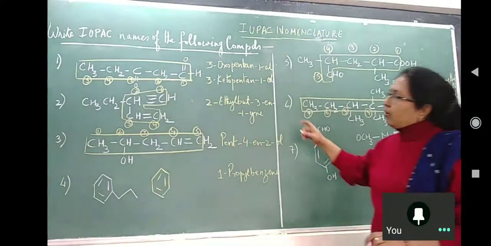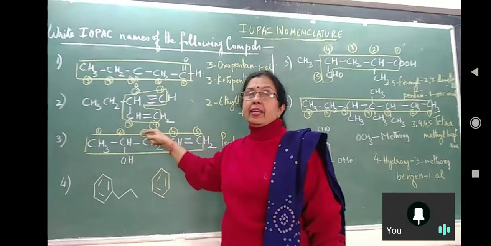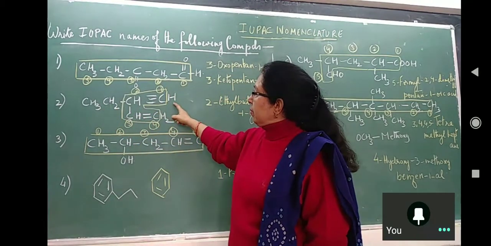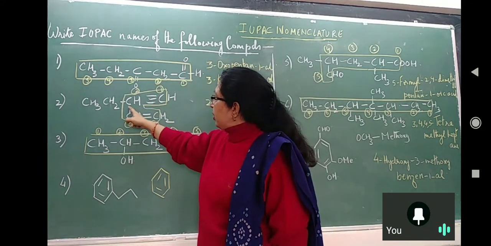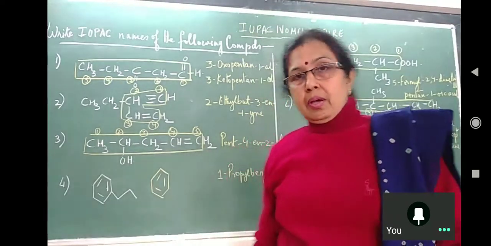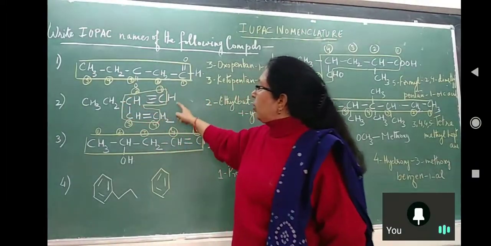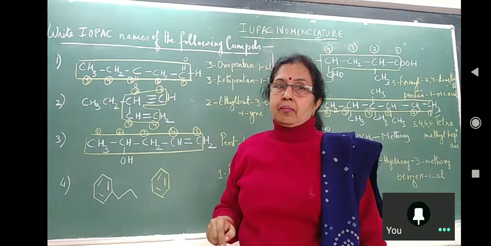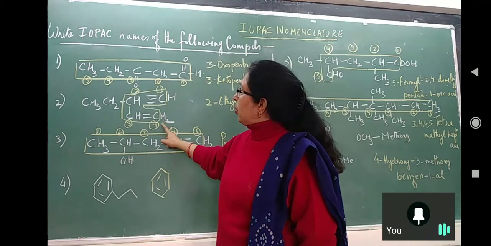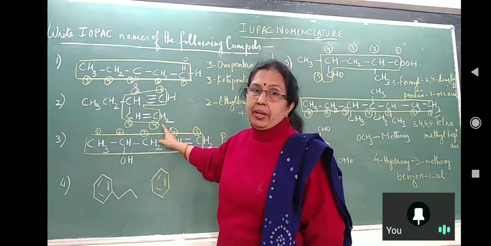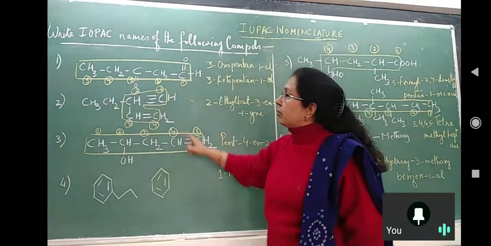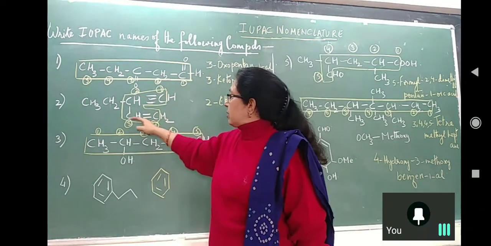Okay. Let us go on to the second example. 1, 2, 3, 4, 5 carbon chain, and at the second carbon I have attached CH double bond CH2. Now why did I take this chain? Why not the straight chain? All double and triple bonds must be part of the main chain. The rule says all double and triple bonds have to be part of the main chain. So the chain is this, right?